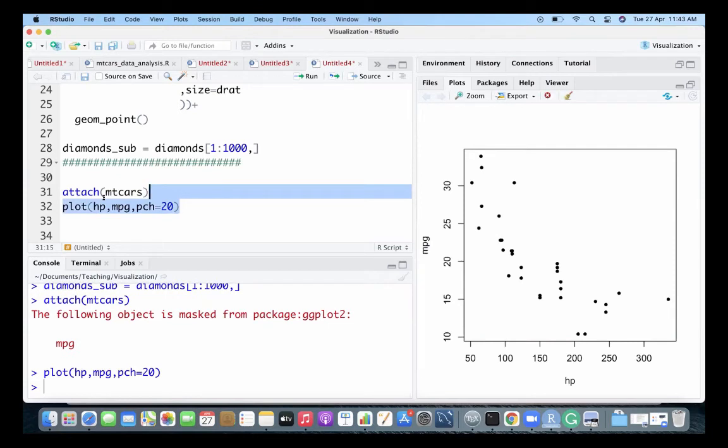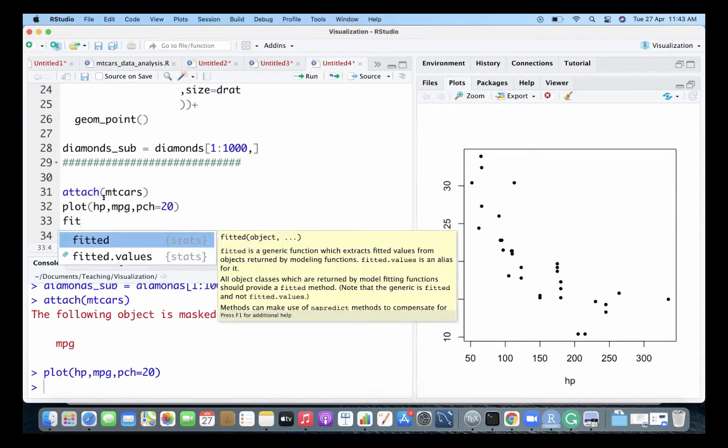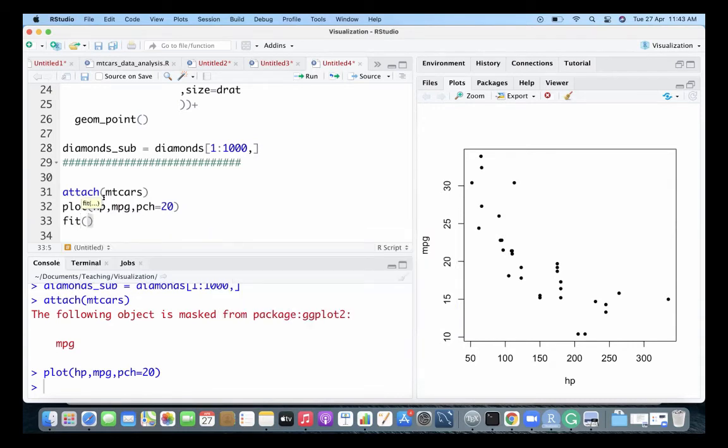These are point plots: horsepower on the x-axis, miles per gallon on the y-axis. Now I can fit a linear regression, miles per gallon as a function of horsepower.